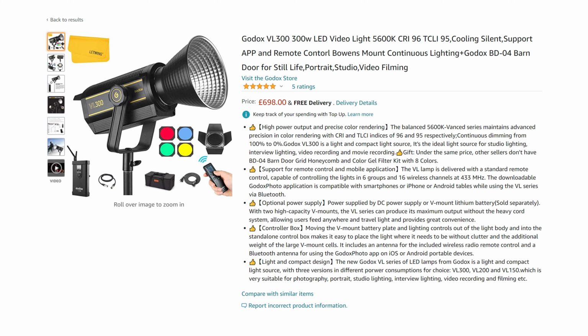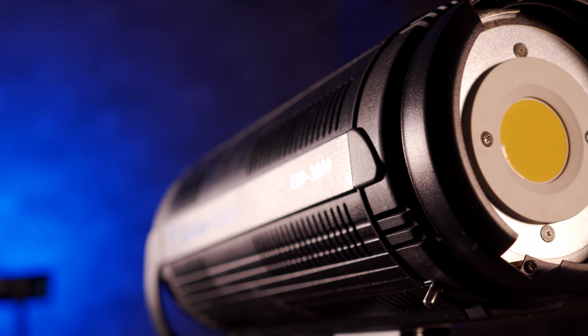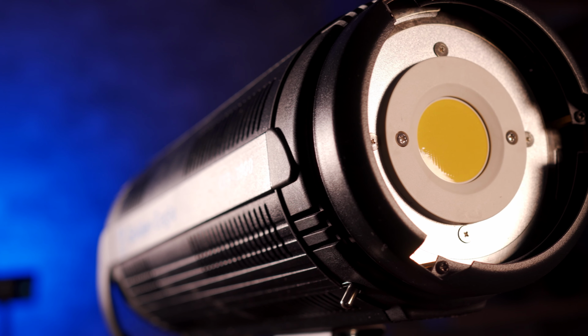The second big appeal for me for this light was the price point. Now, there are other 300 watt LED lights available. Hell, Godox themselves do a 300 watt LED, but that retails for about £700 in the UK. Golden Eagle is selling this for $500, so substantially cheaper than rival 300 watt lights. Now, for that $500, you are getting a 300 watt LED light with a CRI rating of 95 and an output of over